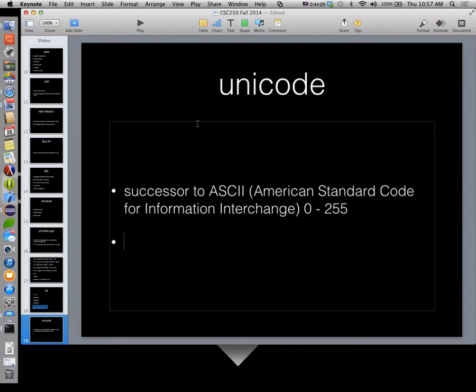Then after that, you have all these other languages in there. Okay? So Unicode is 0 to 65,535, so that's 65,536 unique characters. Okay?